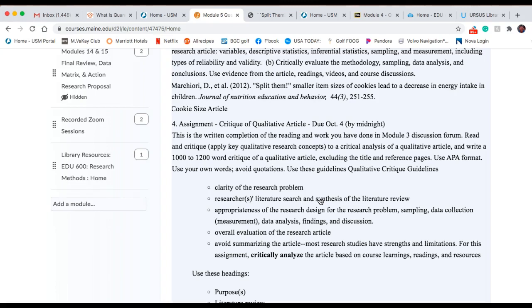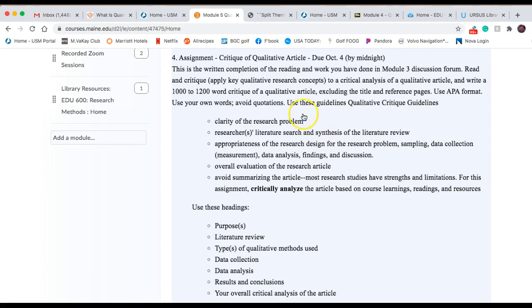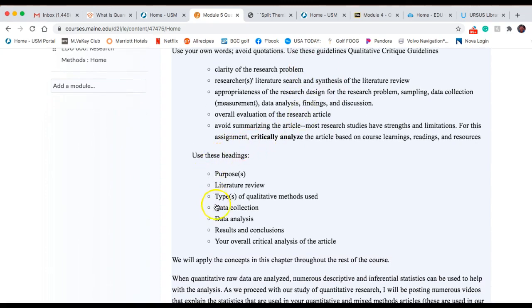Now, I don't want you to copy and paste from somebody else's work, but I want you to summarize what's involved with that. Now, I'll show you in a minute what I mean. I'll get into a little more information. It's all spelled out in here. I'd like you to use these headings,